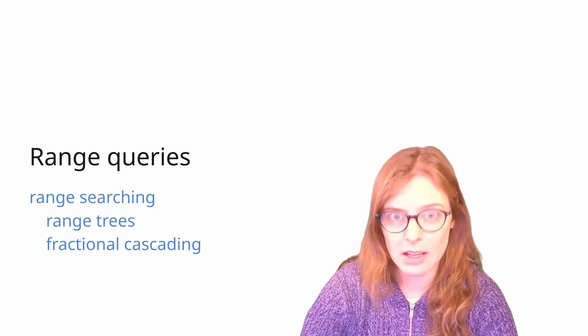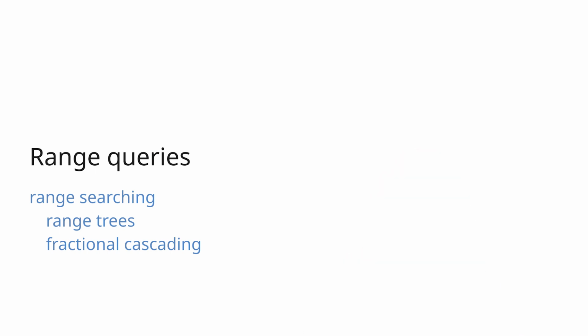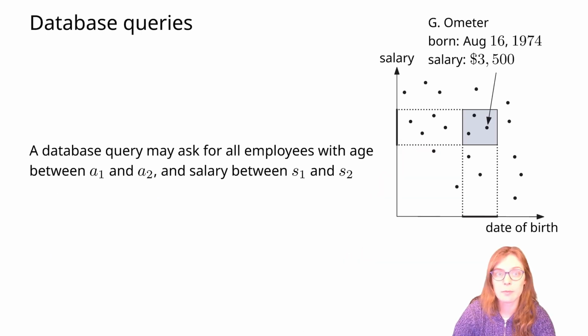The topic of the next two lectures is range and windowing queries. Let's start with an example. Consider a database that stores some information about a group of employees, and for example, we store their age and their salary. One may ask to find all the employees with age between a certain range and with a certain range of